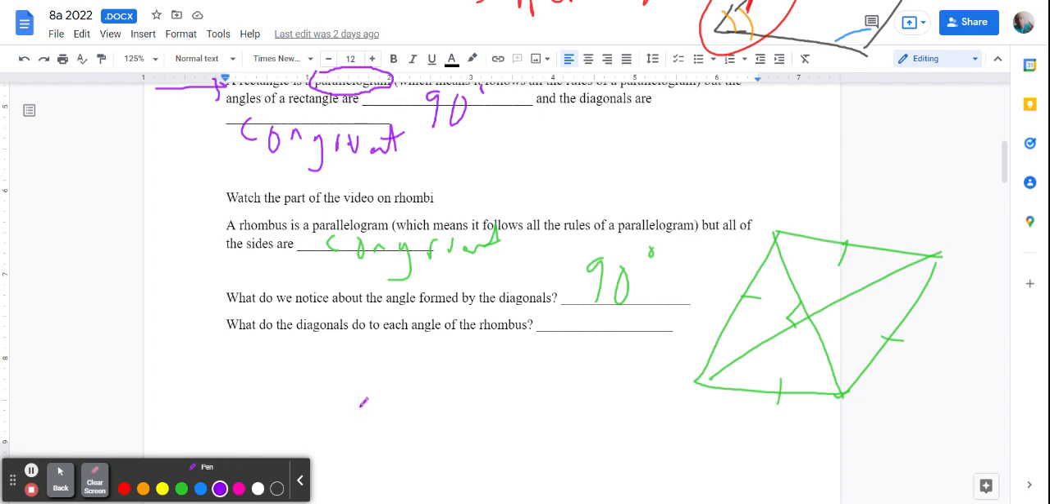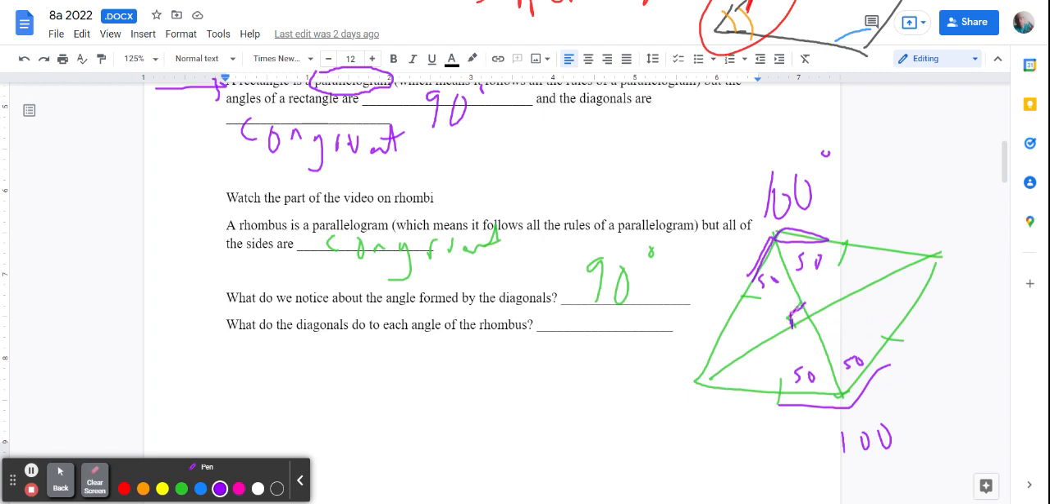Now another thing that happens here, let's say we have a rhombus and this angle up here is 100 degrees. This angle will also be 100 degrees as well. The diagonals are going to cut those angles in half, making this 50, this 50, this 50, and this 50. It doesn't necessarily do that in a parallelogram or a rectangle. But if it's a rhombus where all the sides are equal and it's a parallelogram,